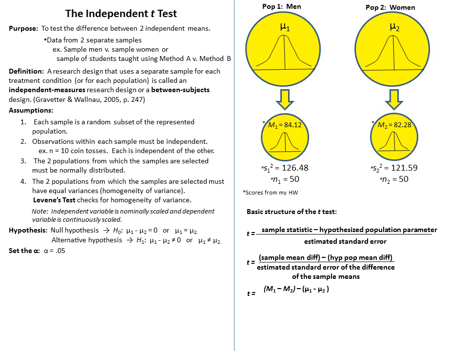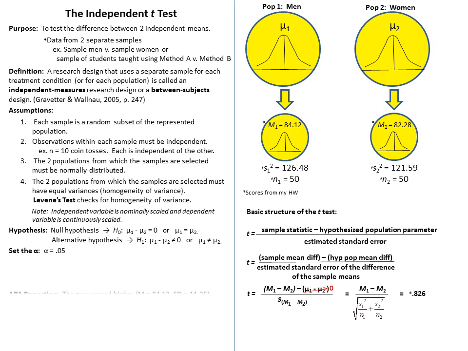Mathematically, this looks like m sub 1 minus m sub 2, because that's the difference of the samples, minus mu sub 1 minus mu sub 2, the difference of the population, over, again, this estimated standard error of the difference of the sample means. But in our null hypothesis, we said that mu sub 1 minus mu sub 2 equals 0, so it simplifies our fraction to just m sub 1 minus m sub 2 over the actual calculation for the estimated standard error of the difference of the sample means, where you'll notice that we actually use our variances and our sample sizes in order to calculate that. But unfortunately, we did not get to calculate that on our homework because SPSS did it for us,